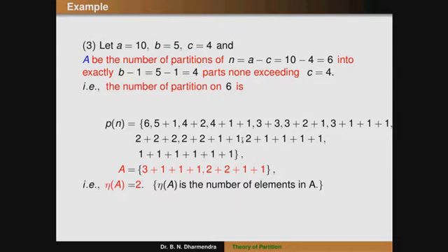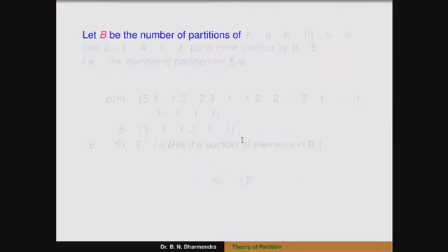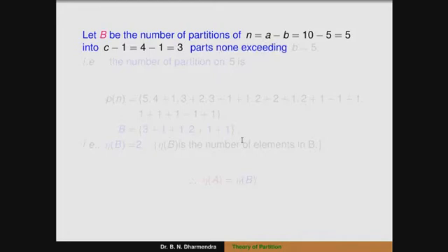What is the second statement? Let B be the number of partitions of n. n is equal to A minus B, that is 10 minus 5 is equal to 5. So n is equal to 5 into C minus 1, that is 4 minus 1, that is 5 can be written in terms of only 3 parts, none of them exceeding B, that is 5. So therefore the number of partitions of n, that is n equal to 5, is